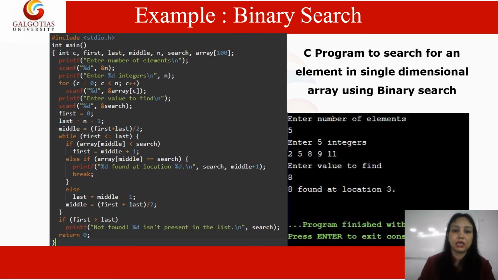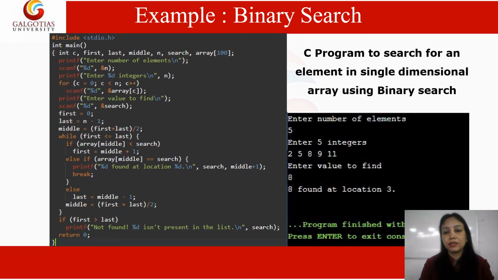than or equal to last, you have to search one by one for that particular element. If that element is less than the search value, then you are going to search in the first half, and if that element is greater, then you are going to search in the right half, right? In this way you are going to reduce your array, and finally we are able to find that element. So the basic idea of binary search is that we are reducing the time complexity.